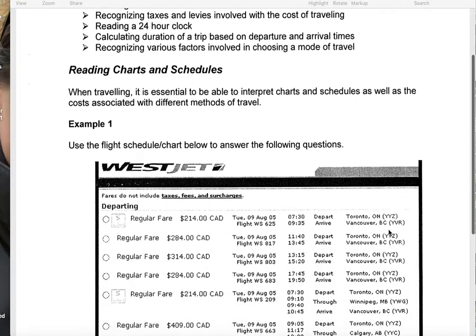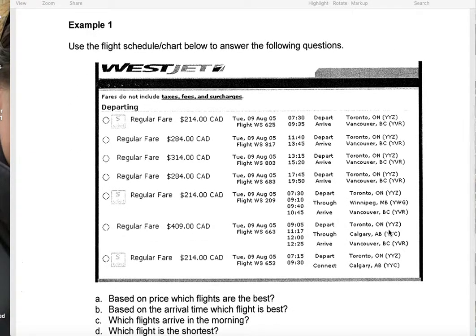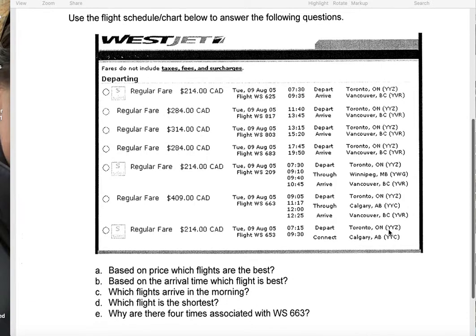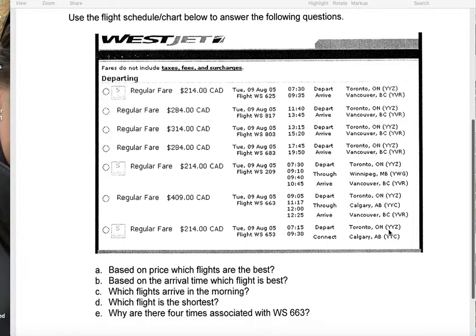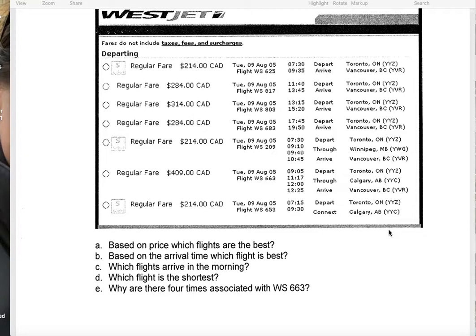different methods of travel. So looking at example 1, use the flight schedule / chart below to answer the following questions. So this is a WestJet travel chart, and you can see that the departure city is Toronto for all of them, and they're traveling to different cities in Canada, including Vancouver, Winnipeg, through Winnipeg to Vancouver, and through Calgary to